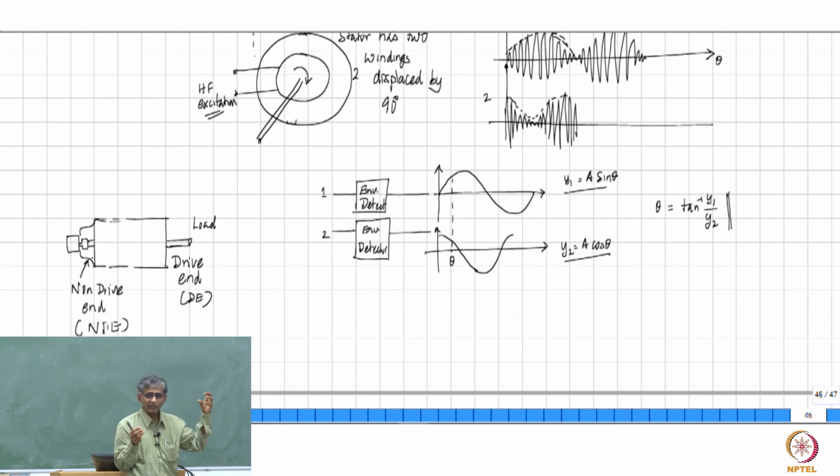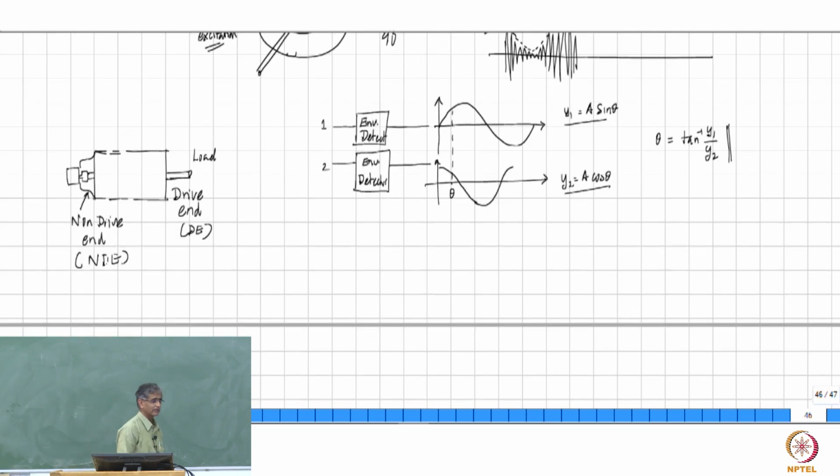Still, the aspect of fixing is important. However low cost it is, you have to fix it in such a way that the shafts are aligned, and locating that in such a manner is not at all an easy job, and therefore it demands difficulty. So, in applications where you don't want the sophistication of an encoder, and indeed where you don't even want to, if you can avoid the encoder altogether, that is then good, but you cannot use any of these kind of machines because they need the rotor angle, right?